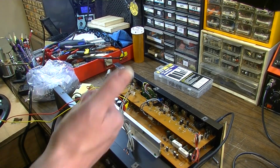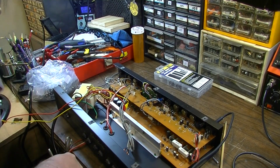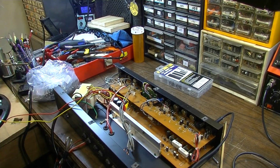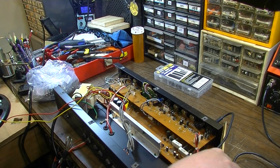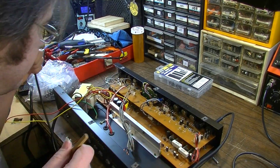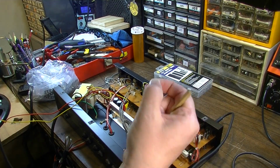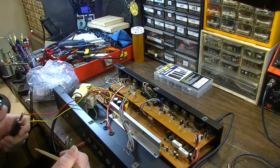Well, we do have life, at least. Let me see how long this life lasts when we start poking around on these boards. I'm guessing that the reason we had this little pellet in there instead of a fuse is because somebody blew